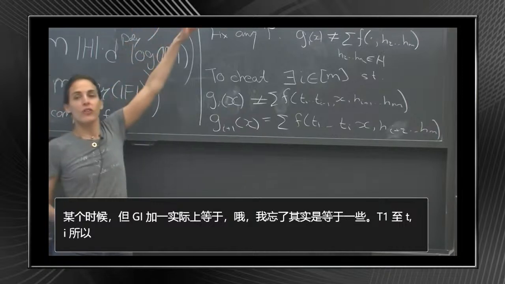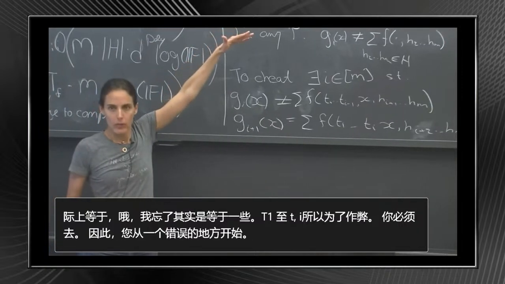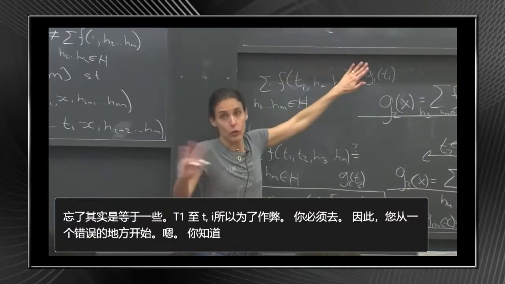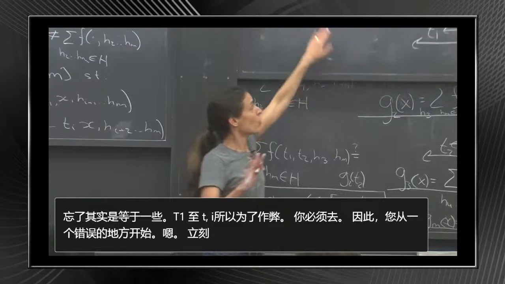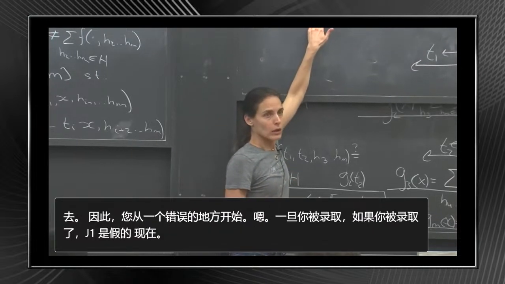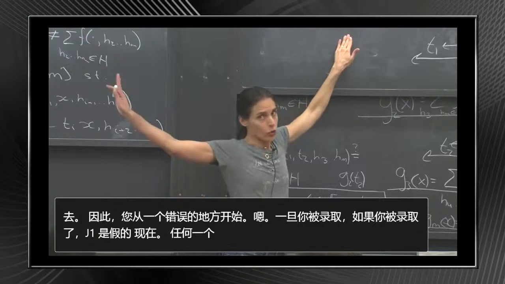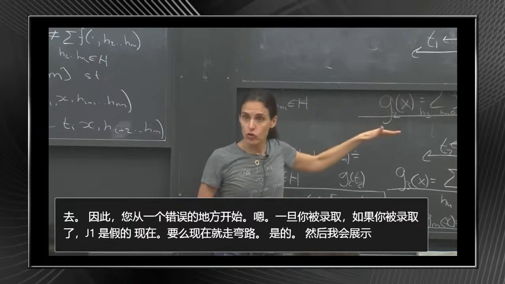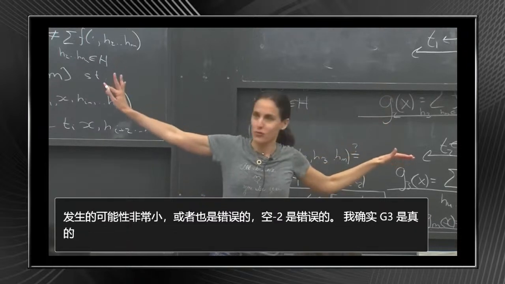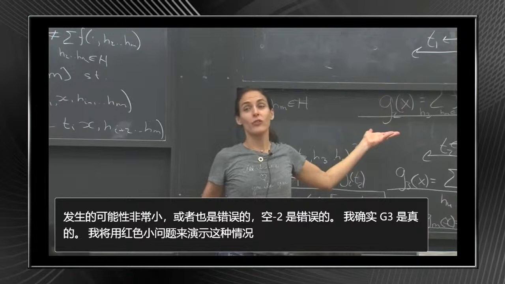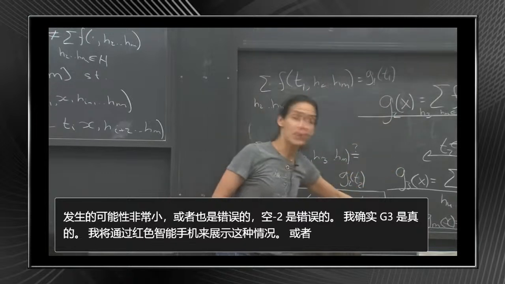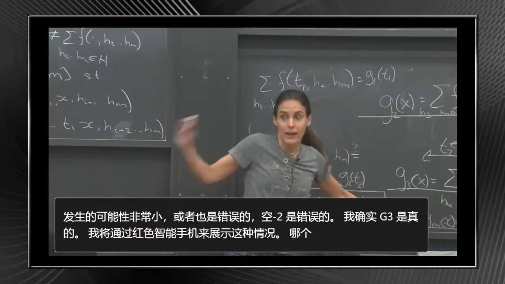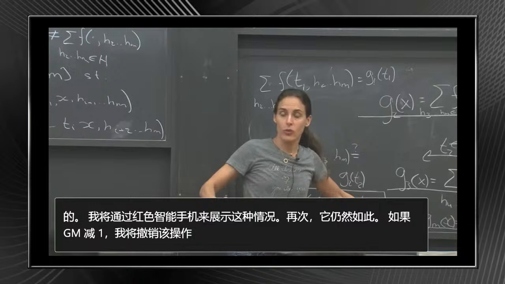So you start with an incorrect polynomial. We know that for sure, because assuming you're accepted, G_1 is false. Now either G_2 is true, and I'll show that happens with very small probability, or G_2 is also false. If G_2 is false, either G_3 is true, which I'll show happens with very small probability, or G_3 is false, until we're left with G_m. I'm going to argue that if G_{m-1} was false, G_m is also false with very high probability.